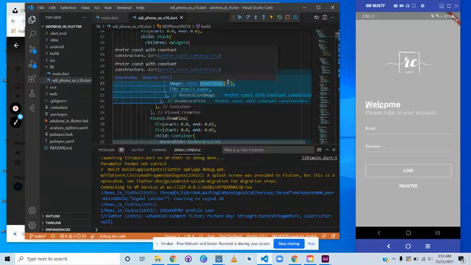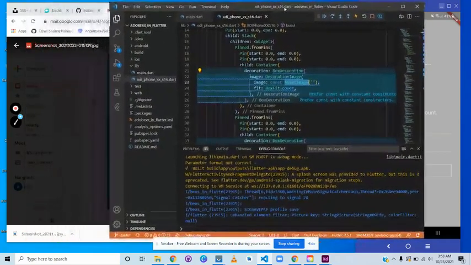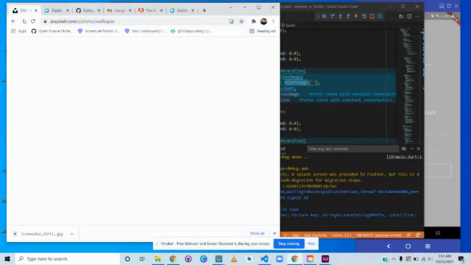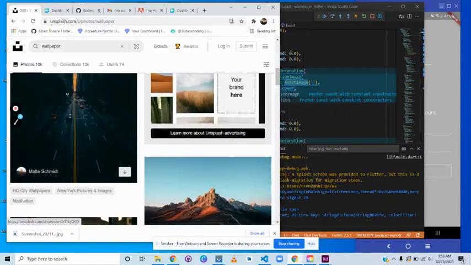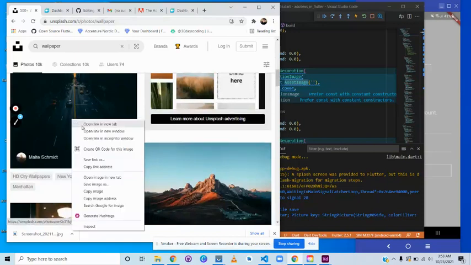In the asset image, we haven't specified it, nor loaded it into the pubspec.yaml file, nor specified any folders. To overcome this, you can go to the Unsplash website or any other website and search for a wallpaper. I am picking this wallpaper first.